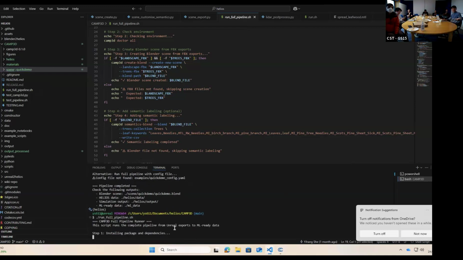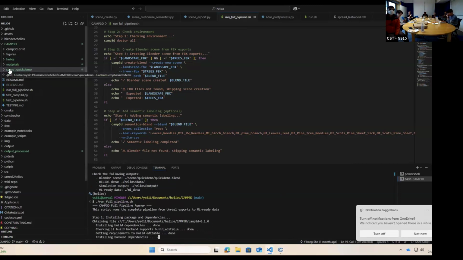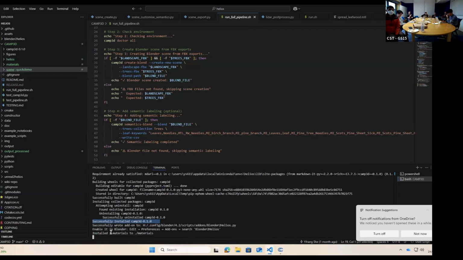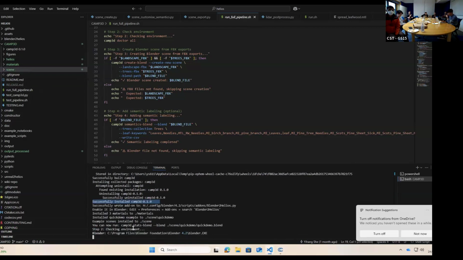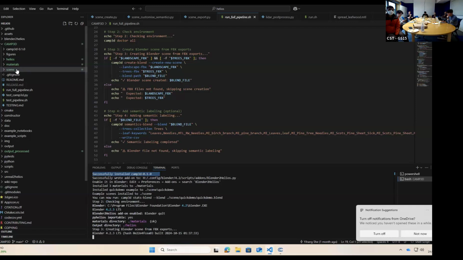So it will first install the package and dependencies, and then it will install the demo. The demo will appear in this. Okay, it says it successfully ran this. Install this one. And yeah, it will run just the full pipeline in the quick demo, but it will install this